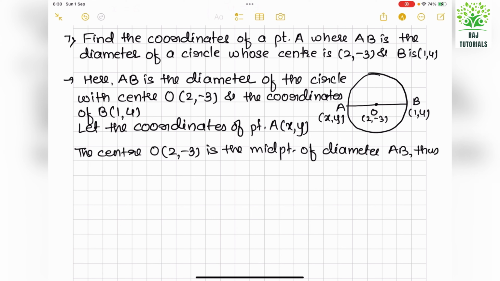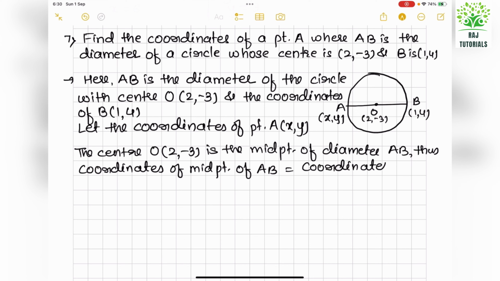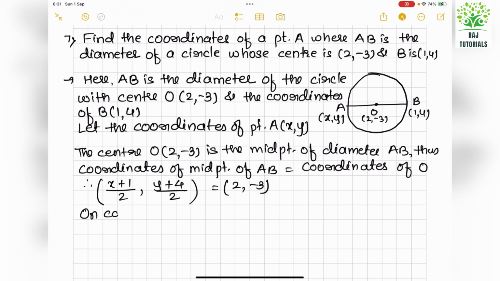Thus, coordinates of midpoint of AB will be equal to coordinate of O. So, therefore, (x plus 1) by 2, (y plus 4) by 2 will be equal to 2, minus 3. So, on comparing,